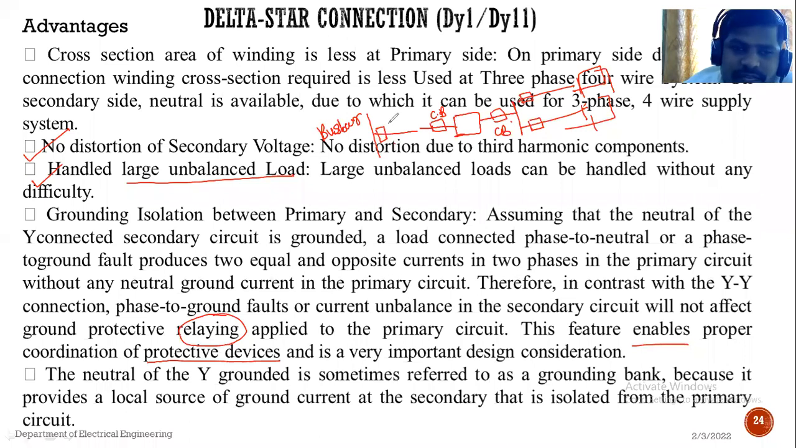Suppose any one fault occurs at this point. Suppose here a line to ground fault can occur. So see, the circuit breaker nearest to that fault will act first. If unfortunately that circuit breaker fails to act,